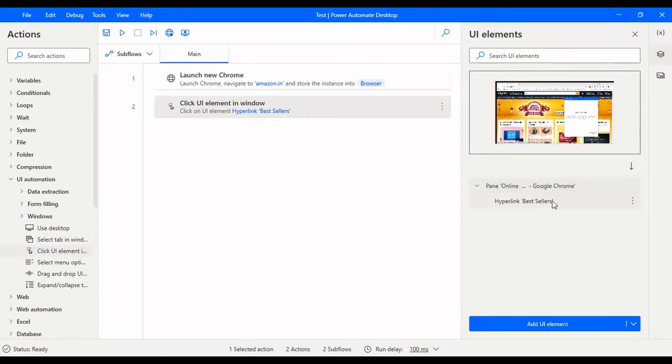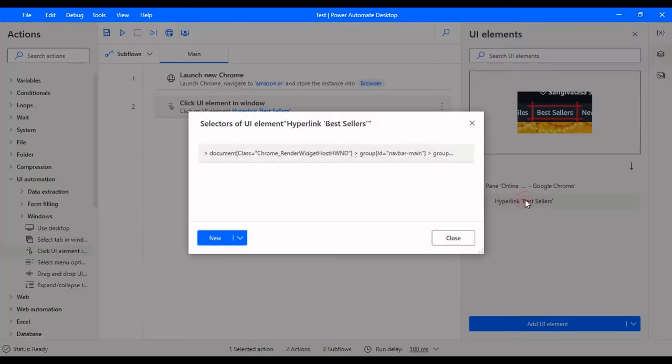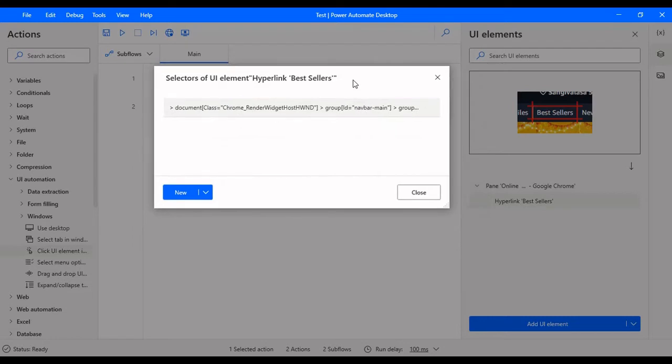Let's double click here, or you can click here and then edit selector. You will get the edit selector from here, or you can just double click this and it will open this window where you can actually change the selectors. If you want to reselect that particular element, you can do that here. You can click on this drop down where you can see the selector with recapture, where you can capture the selector again, and you can double click this to open this particular selector, or you can just go here and then click on edit selector.